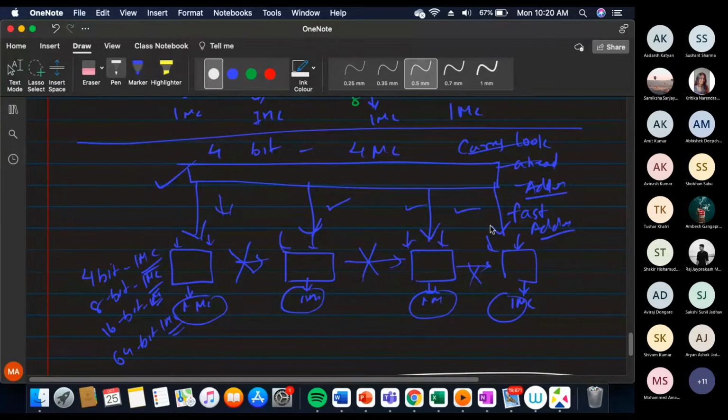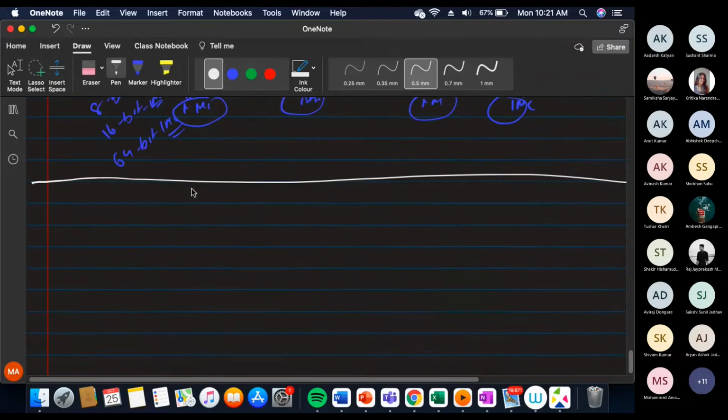If you have all the carries, you don't have to wait for the carry to get generated. There is no need to wait for the previous carry. At a single go, all the adders will perform the addition at exactly the same time. Is that clear? That is the rough idea, and we'll be working out how to generate these carries. Is that clear so far? Yes, sir.